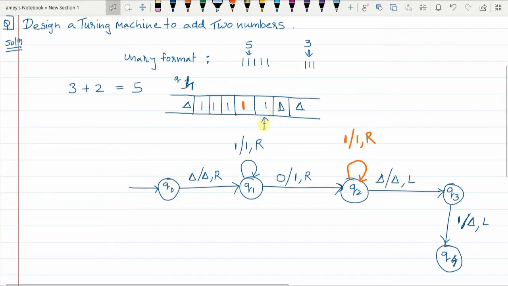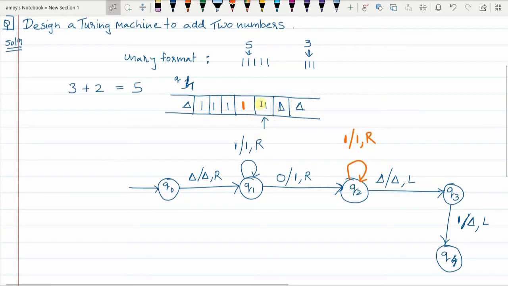If we leave the pointer here, then the user will start reading from this one itself. When the pointer goes next, he will observe that the string is blank. So it will appear that the answer is 1, although there are more ones on the tape, but since the pointer is pointing to this one, it will start reading from this one onward.